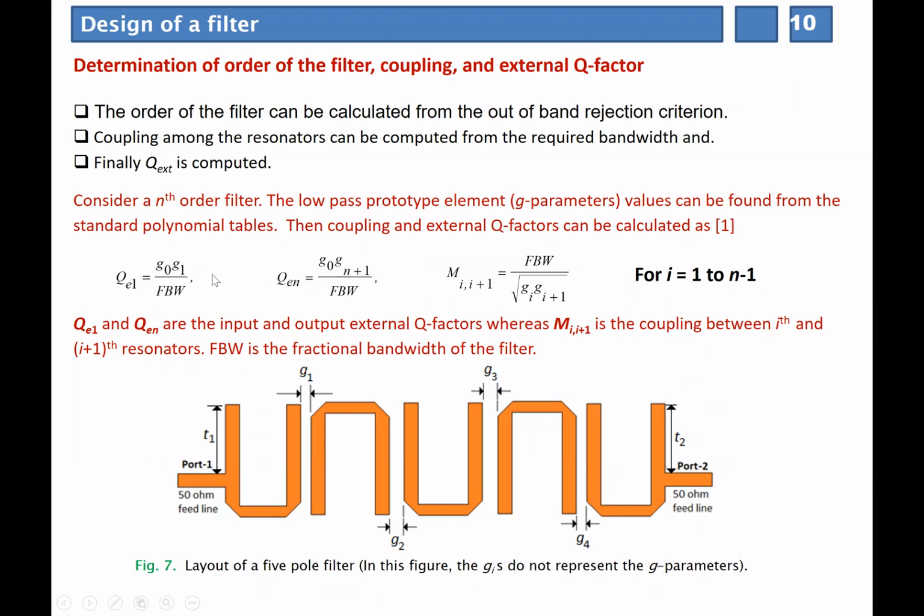So we can have these values, and now what we have to do is generate, or design, the layout of the filter. So G1, G2, G3, G4 are the physical gaps between the resonators. T1 and T2 are the feeding offsets to tune the external quality factor. Now what will be T1? We will have some QE1, and that is a value. We have to tune this T1 from